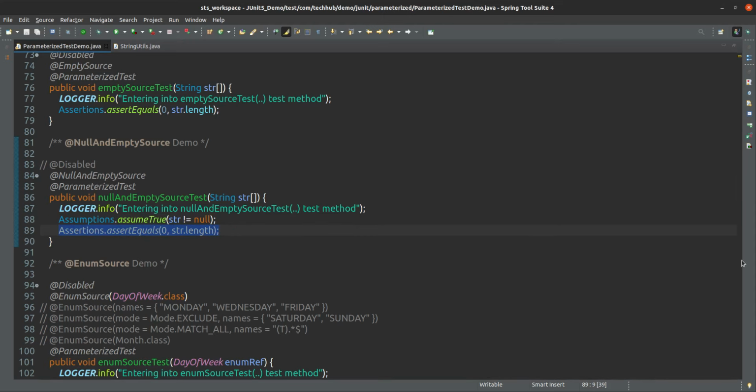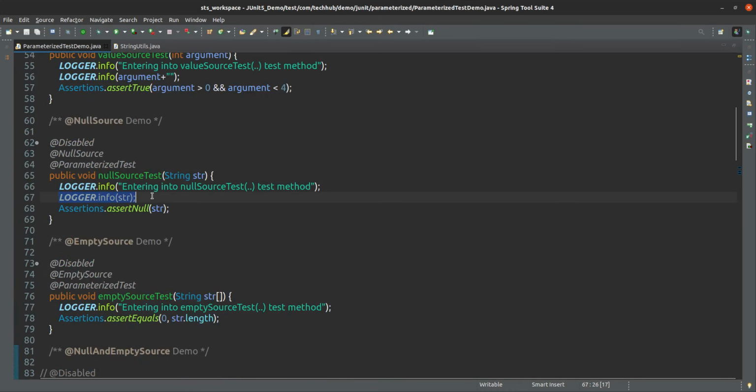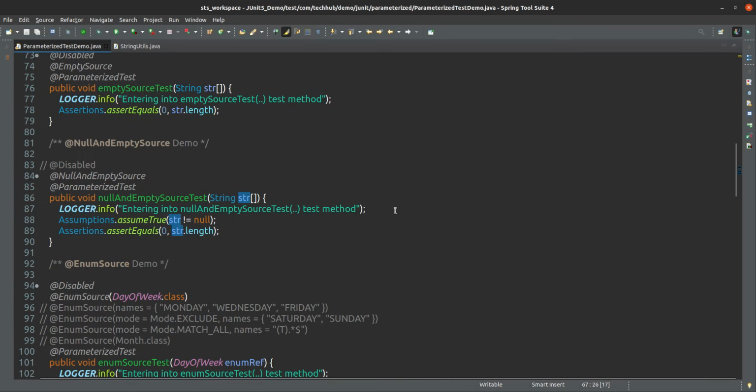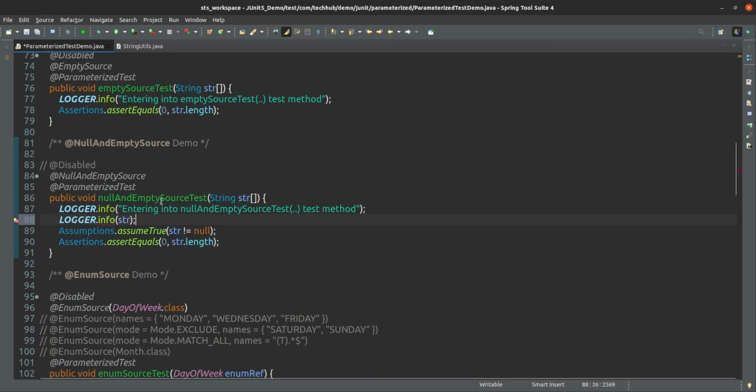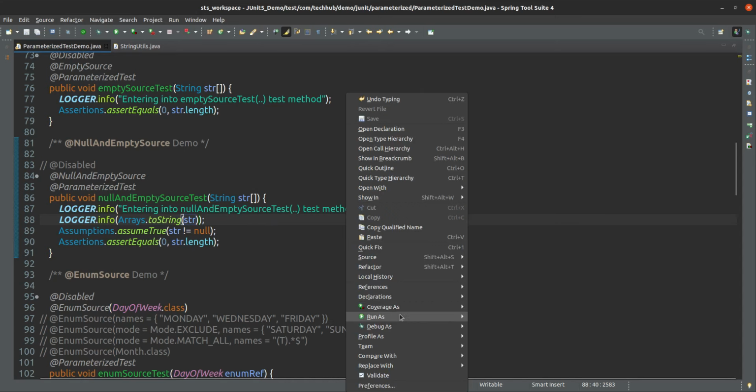Then I am checking for the length. If it is not null, then only length can be available. If length is there, I can print this also, no issue. If you want, we can print here before entering this one, Arrays.toString of this str. Okay, so here if you see,